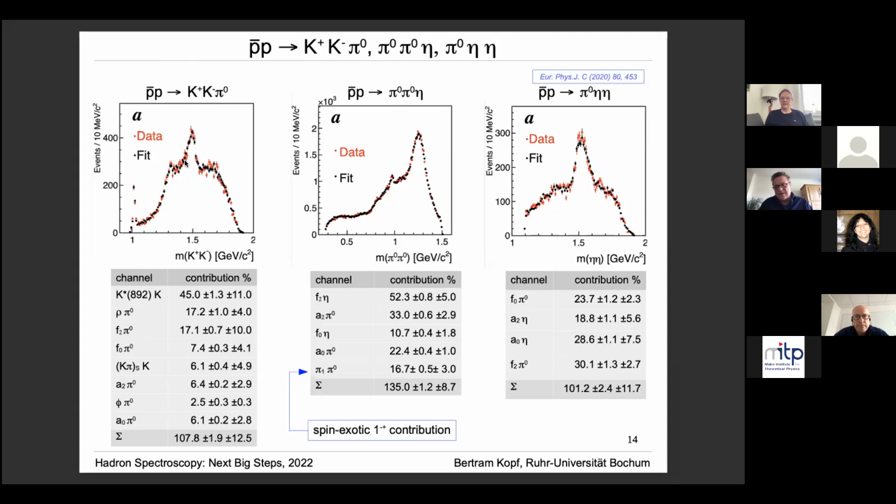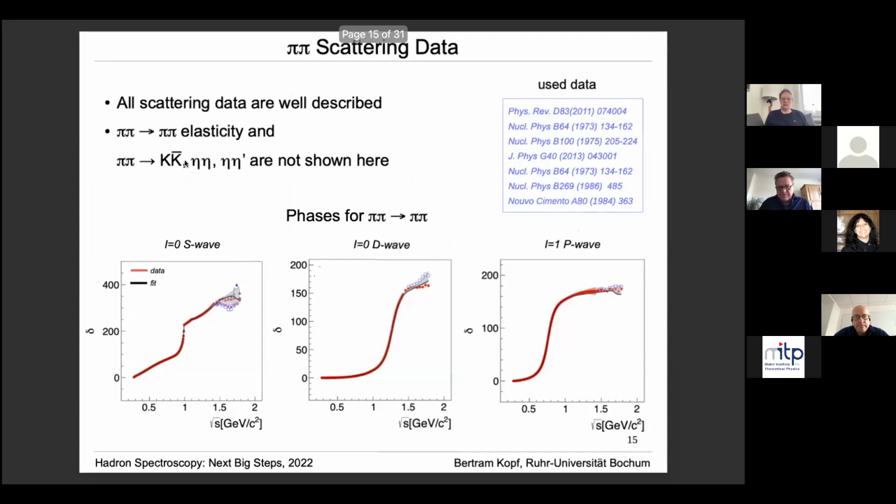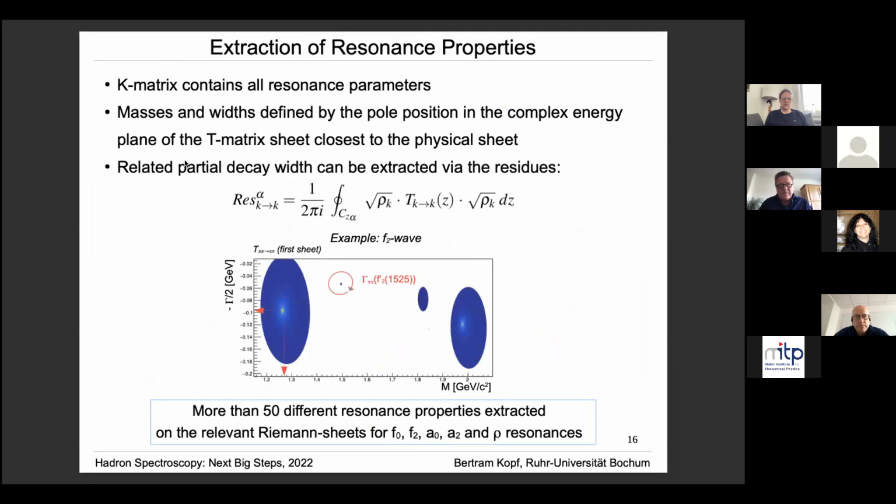That would be cool. And then on page 16, I was a little puzzled by your sheet label. You write there first sheet. Oh, sorry. Second sheet is the next one to the physical. Okay, second sheet. Sorry. Thank you very much. This is, of course, the relevant sheet. Sorry, you are correct. Thank you.